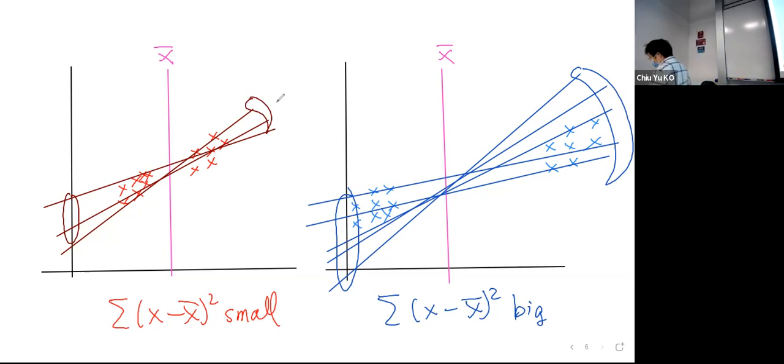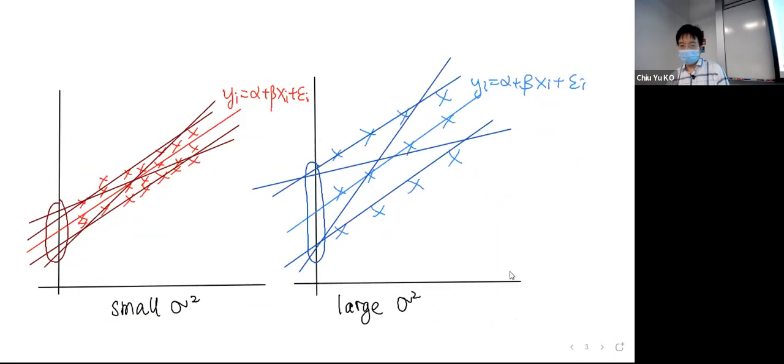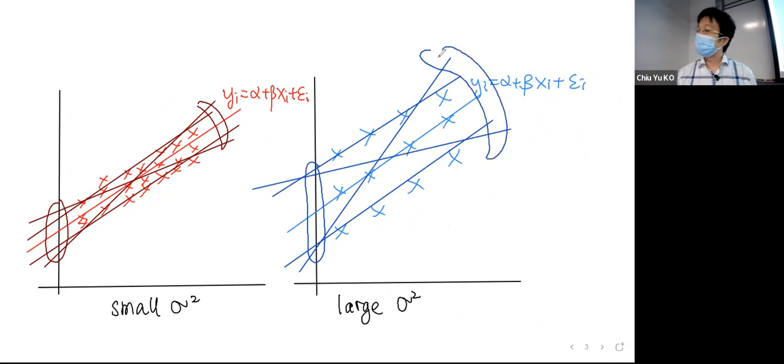So you can see that is the reason why it's inversely proportional to this one. And you can also go back to the idea of sigma. You can see that with different sigma, the variation of the slope is like this, not too much. But this one, the slope varies much more. So that gives us the same idea here. That's why the variance of the slope is proportional to sigma and inversely proportional to the variance of x,